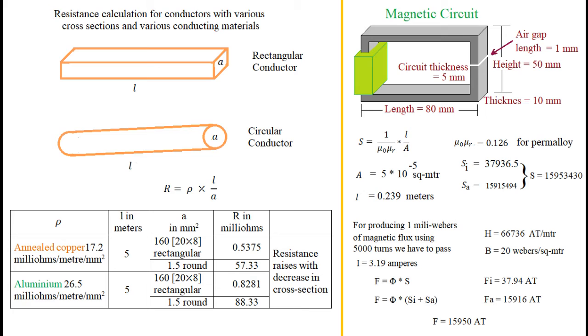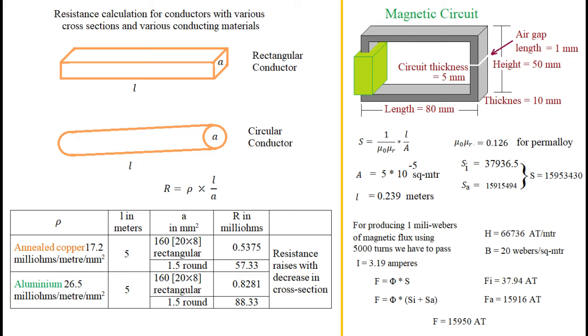The difference in the expression of the two parameters is that resistance is connected through the resistivity of the conducting material, but reluctance is connected through the permeability of the magnetic material. Another point of difference is that the electric field is confined only inside the conducting material, but a very few magnetic lines of flux complete their path through air, or from outside the magnetic circuit.